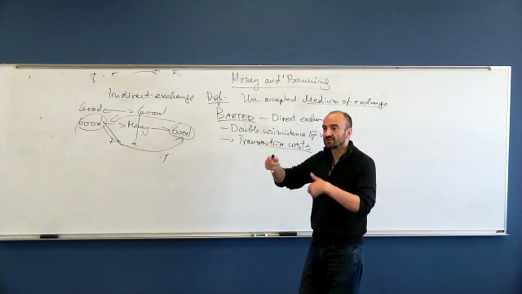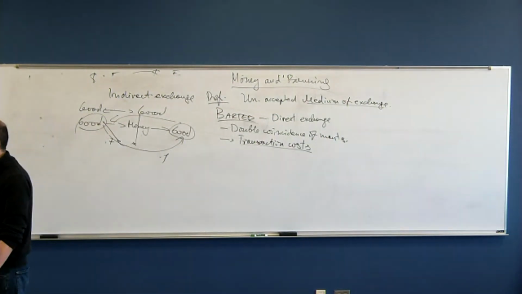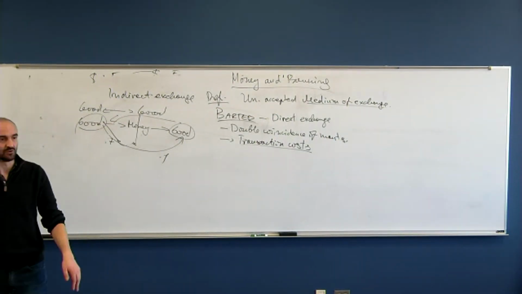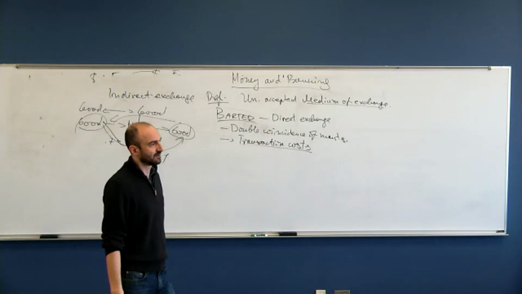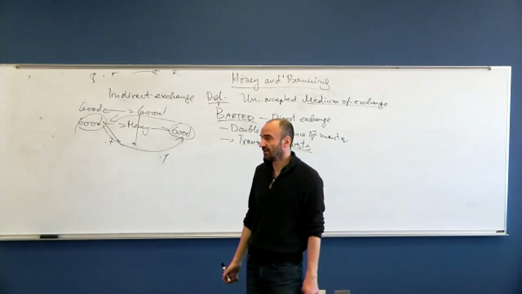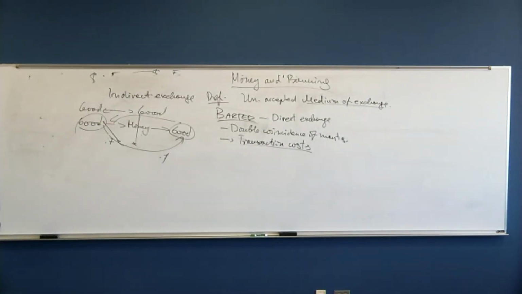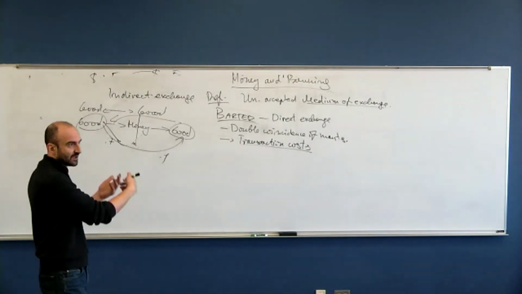So that's how money emerges, by a gradual process. Some commodity, some good emerges as the most saleable, most highly demanded good, and it serves as money. It doesn't have to be gold and silver. So one of the best experiments that has shown that money emerges on the market in this process of